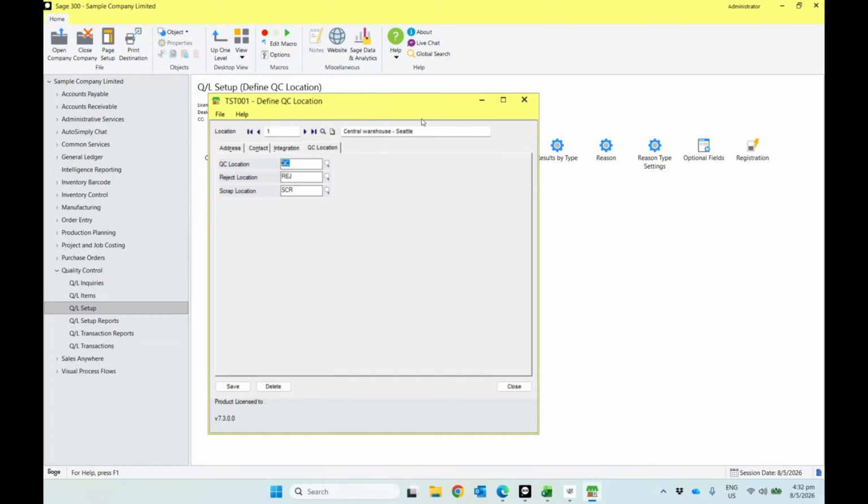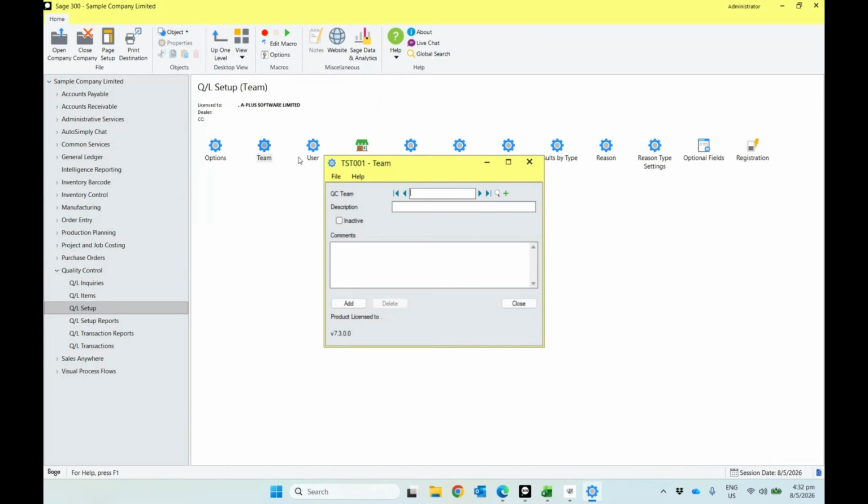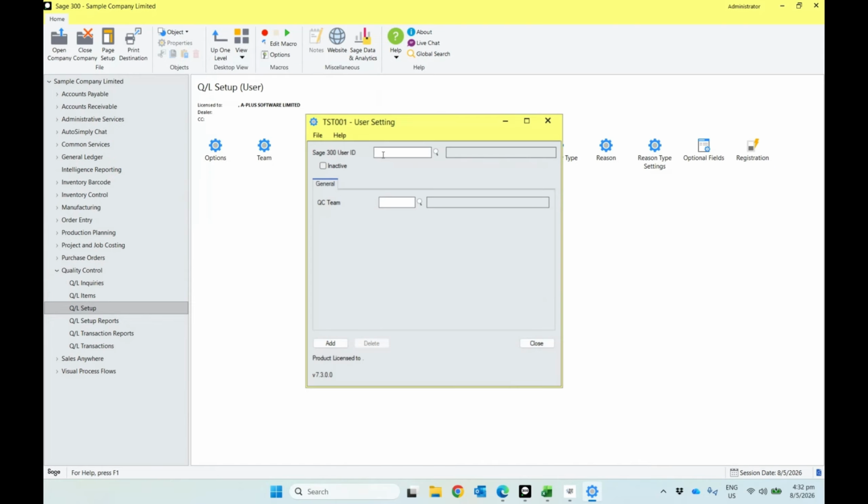So for now, I'll just set up one location, location one. This is how we have mapped out the QC pending, reject, and scrap location. So that's good enough for today. And then under the QC teams, we need to at least have one QC team. So this is QC team one. And then we also need to define QC users. So this is who in Sage